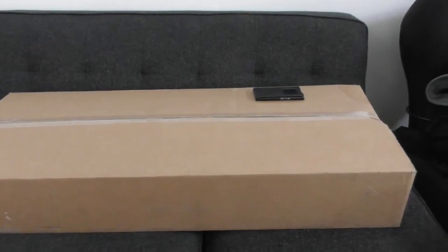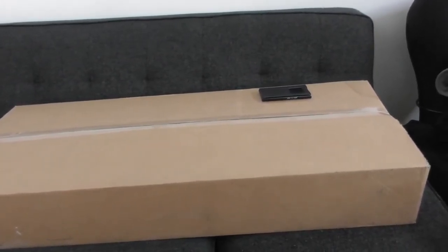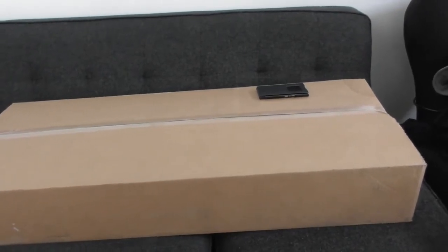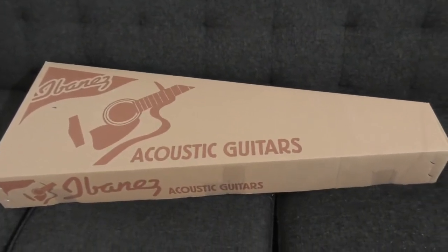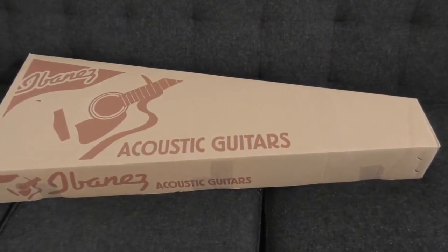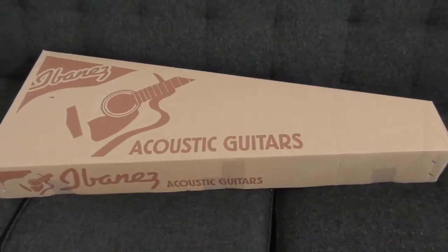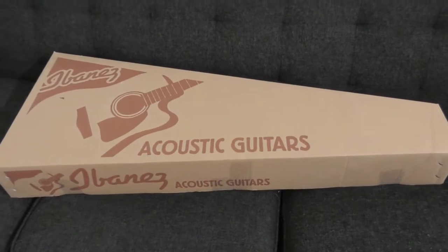This video is going to be a quick unboxing and a small demonstration of the new Ibanez nylon string guitar that I just picked up. The shipping label says the AEG10NII. It's the electric acoustic guitar. It's got a cutaway, it's got nylon strings, and I do want to say up front, this is the second